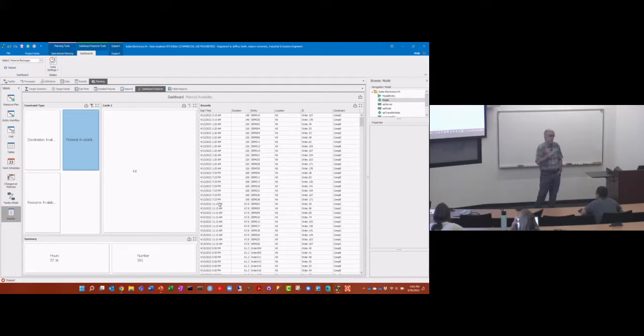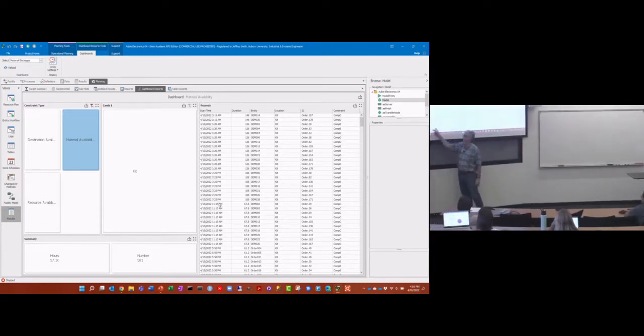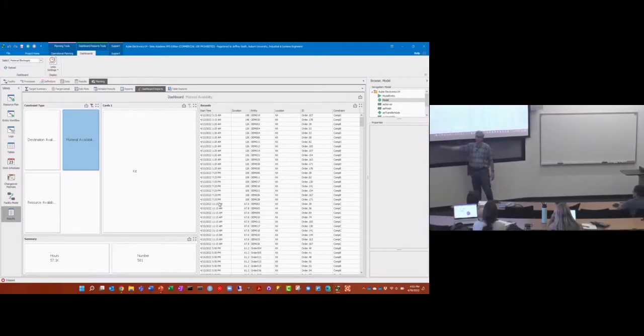It's because it would be a natural thing to do, where you just take the constraint log. And so I have the constraint log where I have all of the constraint types, and if you select the material availability for this scenario, I don't remember which scenario I'm running here, but all of the material availability happens at kitting, and you look at these two basic numbers. Here's the number of blocks there were, and then here's that total number.